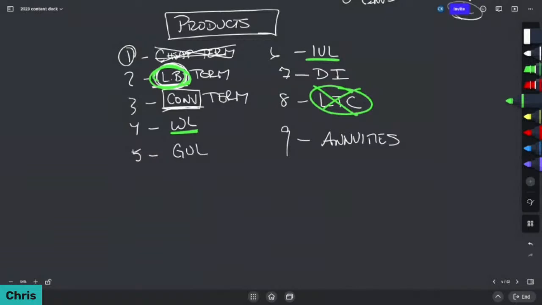It's going to be your life insurance. It's going to be a savings vehicle. It's going to be maybe college savings for your kids. It's going to be a volatility buffer for your retirement income. It's going to be the living benefits if you become terminally ill, you can accelerate the death benefit, like my father-in-law did to pay for his alternative treatments for his pancreatic cancer, that kind of stuff. GUL is a cheap form of universal life.